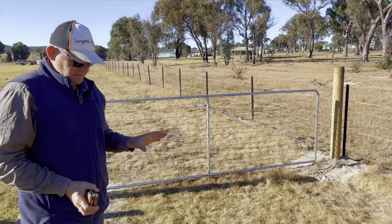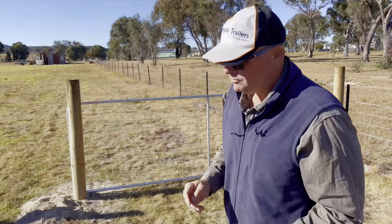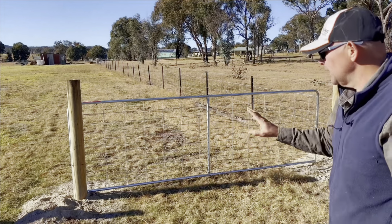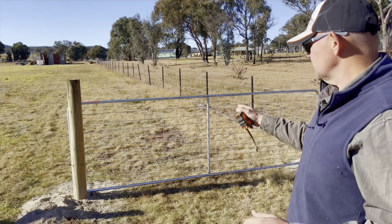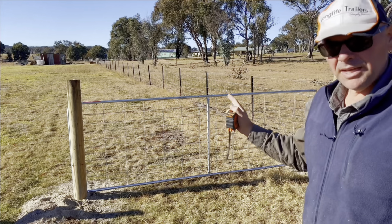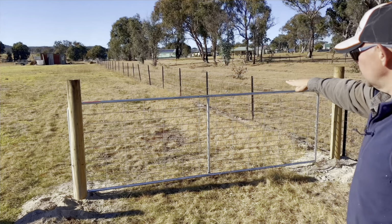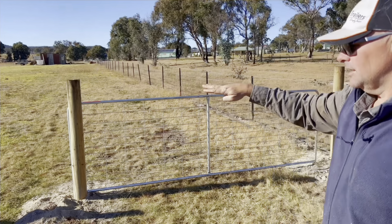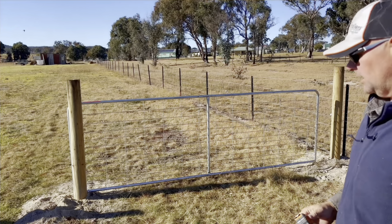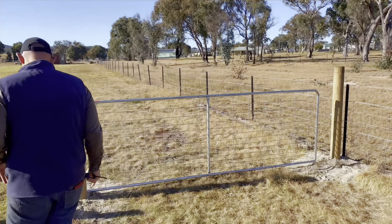Okay, so the next thing we have to deal with, issue, challenge, or whatever you want to call it, is what height do we have the fence? Sorry, what height do we have the gate, and then what height do we have the rails? So I want the gate and the rails to be all one height around the fence line, and I kind of like this height because